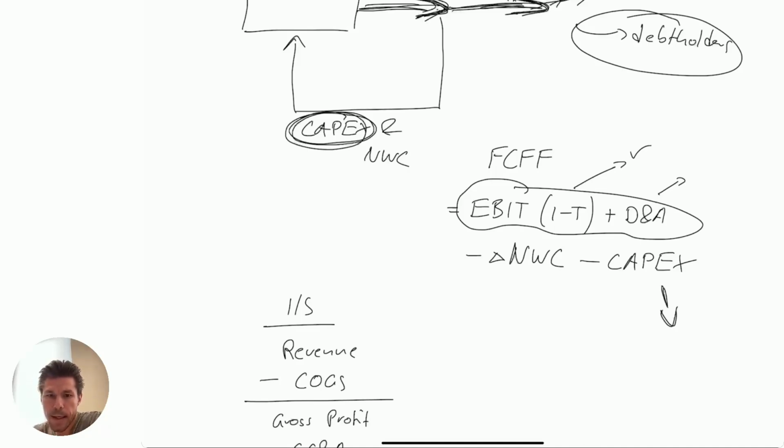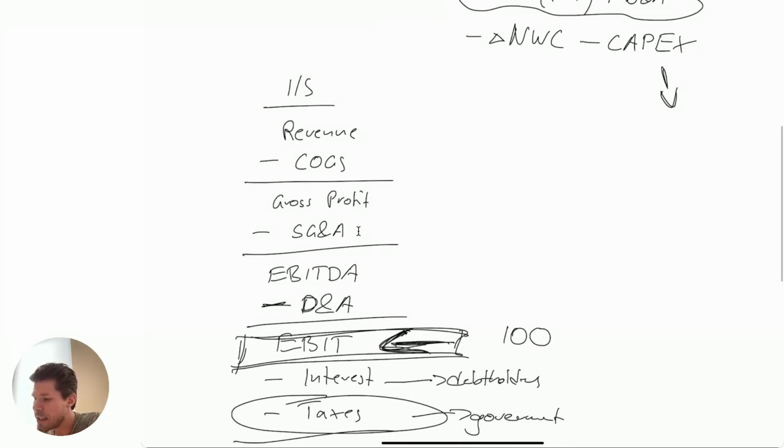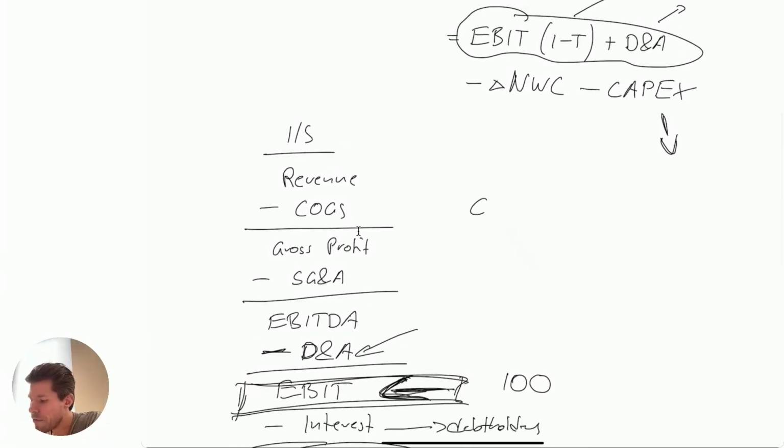CAPEX can be found in the cash flow statement. It's sometimes labeled as purchase of PP&E, property, plant, equipment, capital expenditures, or investment in fixed assets. You can't really see it in the income statement. It is connected with your D&A amount, but what you could do if you need to calculate or estimate your CAPEX, you could look at your balance sheet